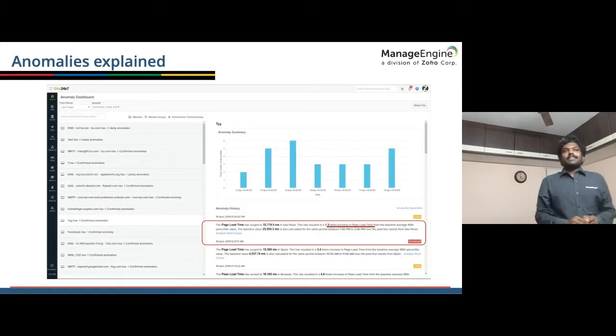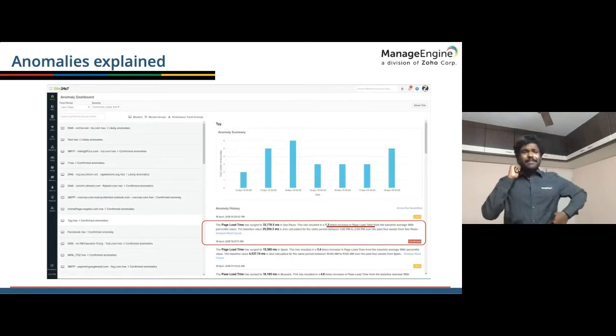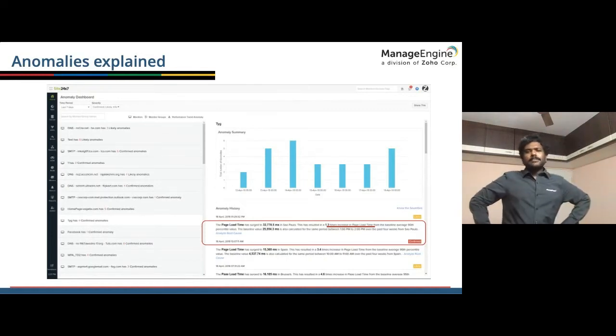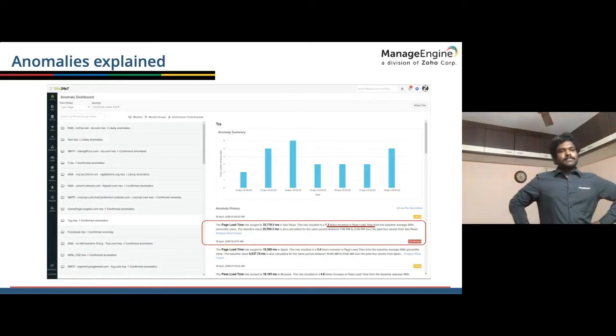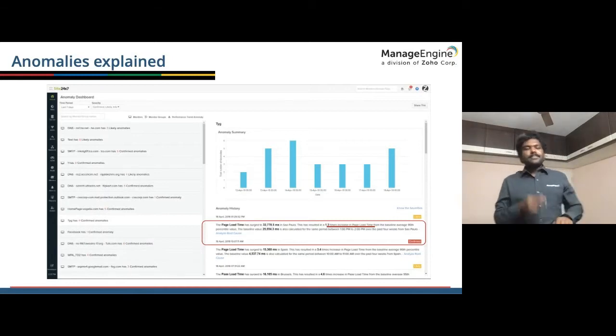In the same way, let's say you have a really peak season for your website. For example, you're doing your Black Friday sale, then apparently your response time is expected to deteriorate. But you know that during a holiday sale this is bound to happen, so it is okay. It is still acceptable. Let's say a response time of 30 seconds is acceptable because a lot of people are crowding your website to purchase things and so on.